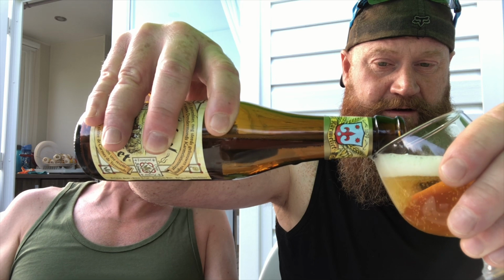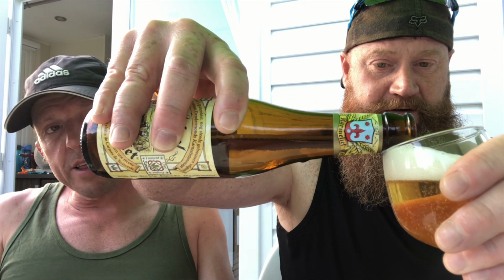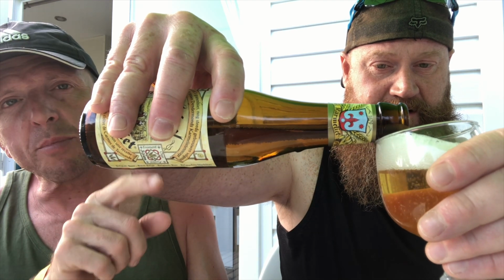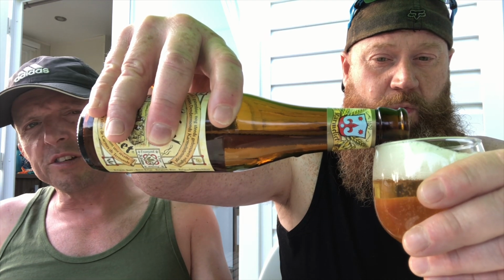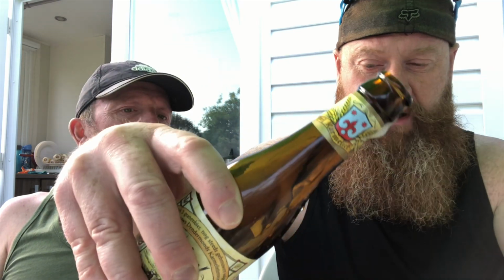Can we talk about the ABV? We can go. Talk about the ABV. Well, I don't know much, but it says 8.4% on the bottle. It's going to be a triple, so it's going to be strong, isn't it? Right, so now